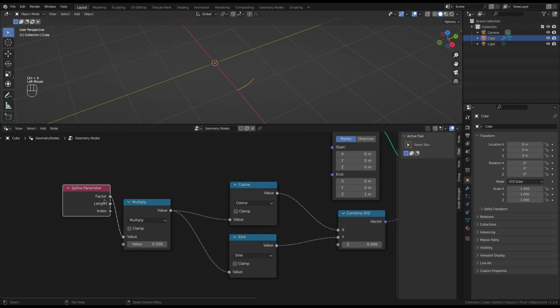What do we want to multiply by? Anything. This basically controls the amount of the circle we get. So if we make it 2 pi, we get the whole circle. If we make it pi, we get half the circle. I don't know what I want right now, but what I do know is this is going to control the shape of the cap. So I'm going to hook this up to just a value node,